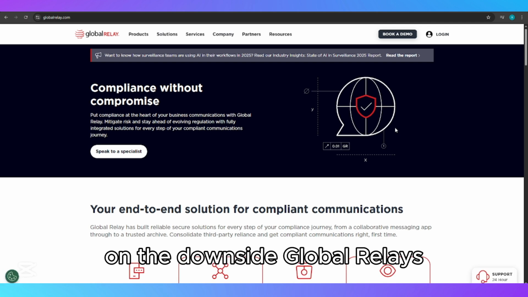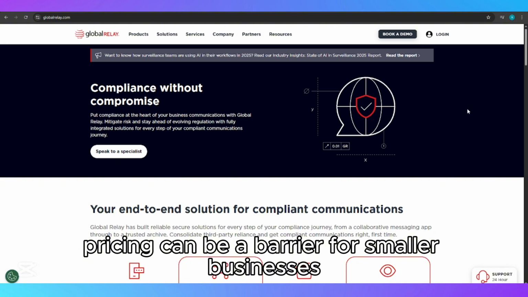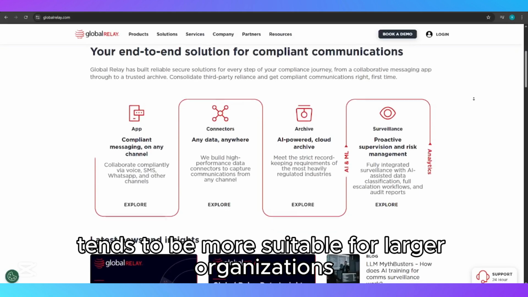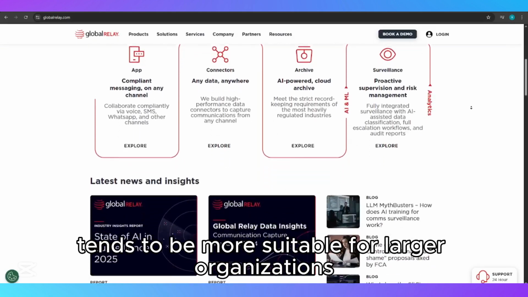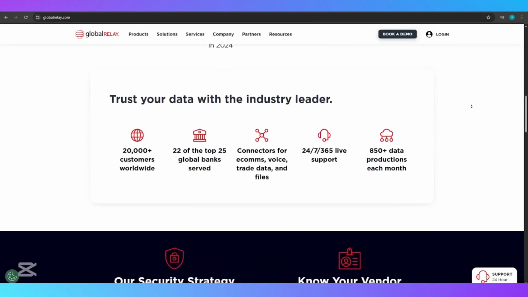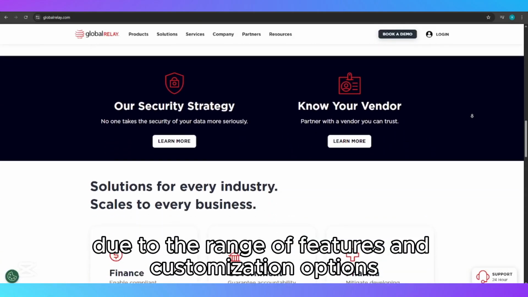On the downside, Global Relay's pricing can be a barrier for smaller businesses or startups, as the cost structure tends to be more suitable for larger organizations. Additionally, the platform may have a learning curve for new users due to the range of features and customization options